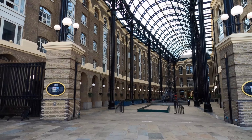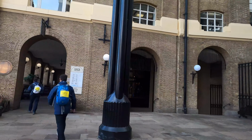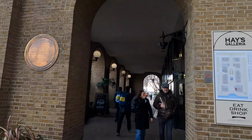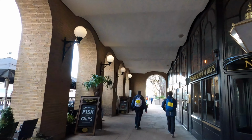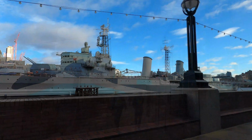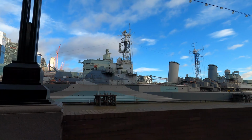So this is Hays Galleria, which they fit out really nicely. It's got some shops in there and coffee that you can grab and things like that. They pipe the sound of music, birds and music through there. So it's really nice. You know, let's give a nod to HMS Belfast, which is always a stunning ship to